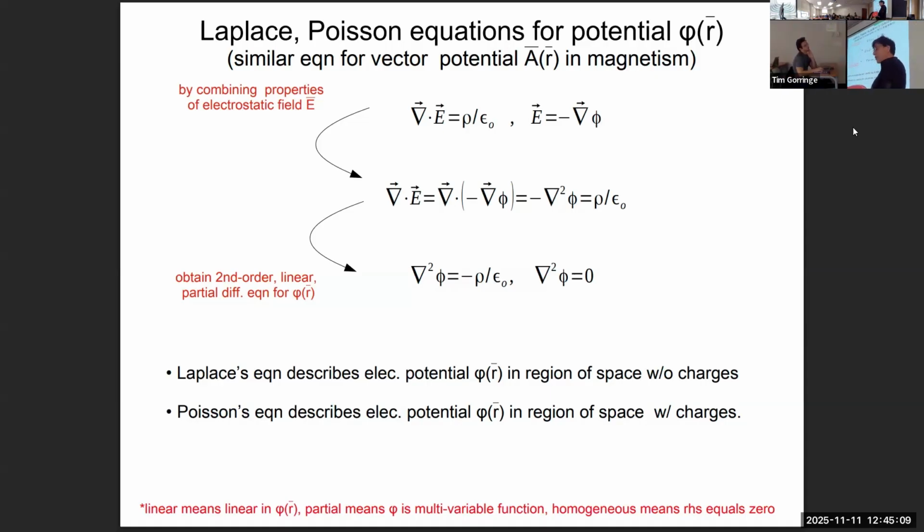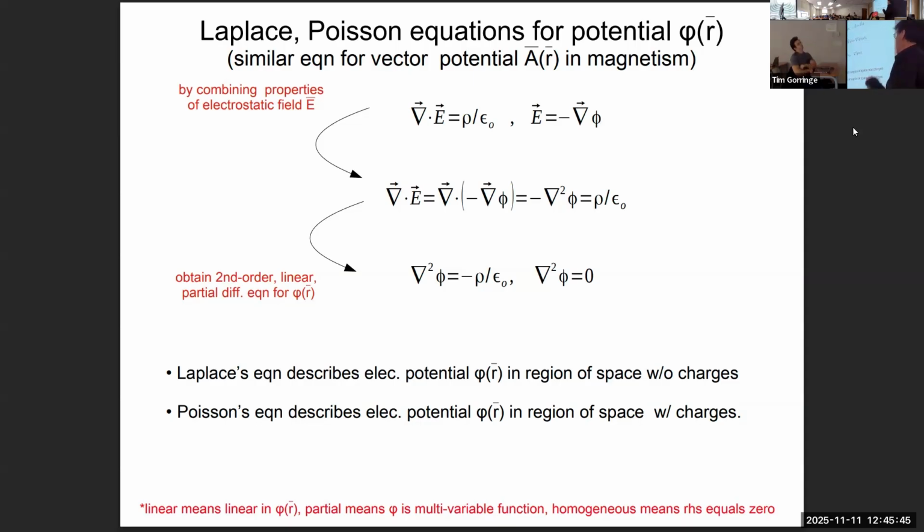And Laplace's equation is just a partial differential equation for the electrostatic potential in electrostatics. So as it falls out of the field equations, I wrote up on the slide the two field equations for the electrostatic field, the divergence over here. The other field equation is that the electric field is a curl-less electric field, or equivalently, you can say that the electric field can be